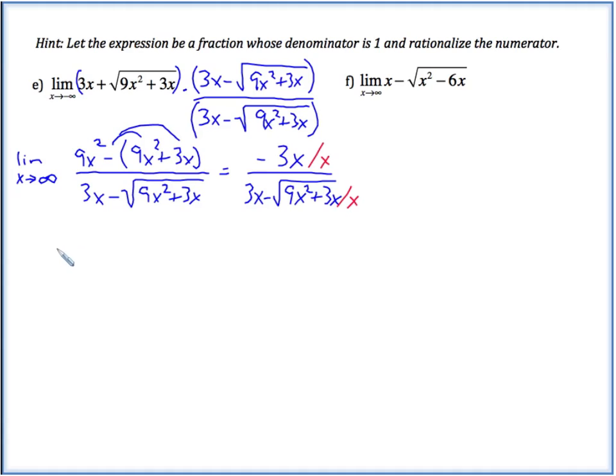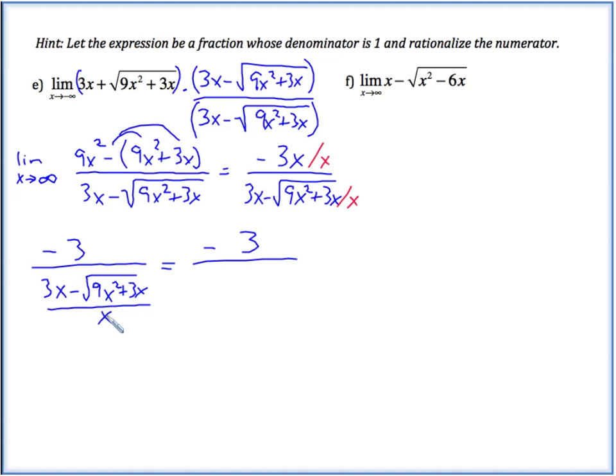So this becomes negative 3 over 3x minus the square root of 9x squared plus 3x, and we still have that divided by x here. Okay, so the x canceled on top, and it doesn't in the bottom. And we're just going to rewrite this again. Okay, we're going to go 3x over x, so that's just 3. And we're still going to have minus the square root of 9x squared plus 3x